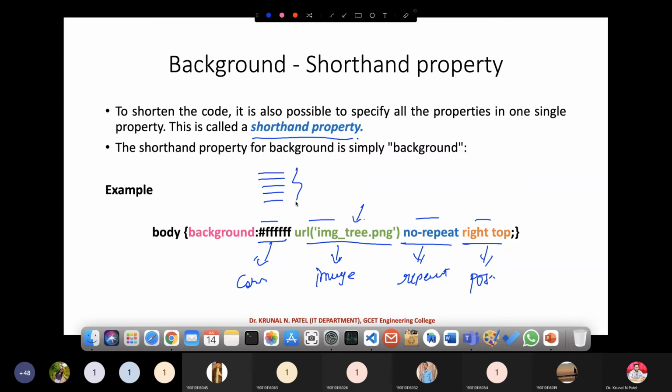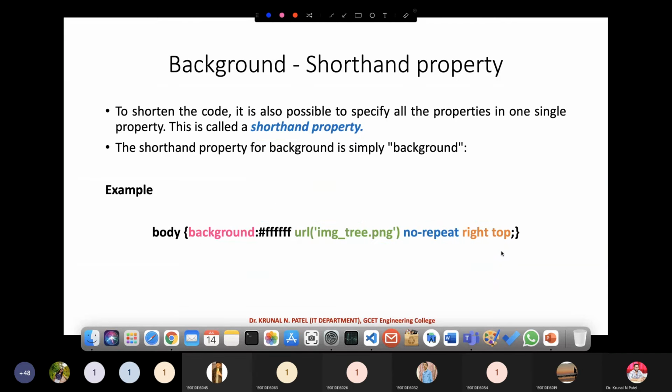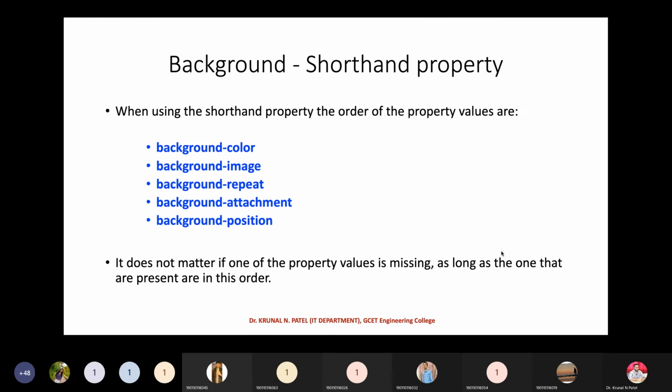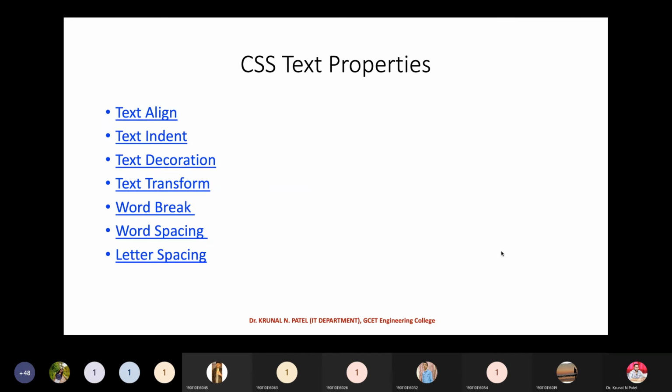But remember one thing, whenever you use a shorthand property, you have to put a prefix only. This is the prefix. You can see that. This is the prefix. Okay. After the dash, whatever you use, all that you have to write over here by providing space. So this is known as the shorthand property, and this is applicable to each and every property, right? If you want to go for border, margin, padding, it is applicable everywhere. Okay, guys. Now next, here I have put that.